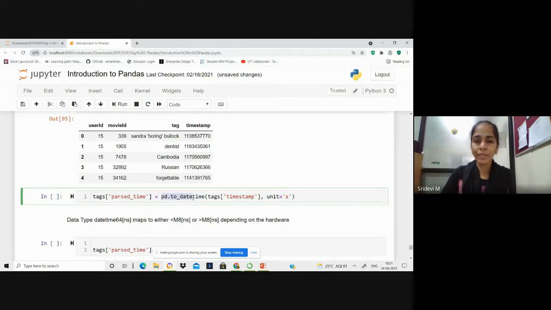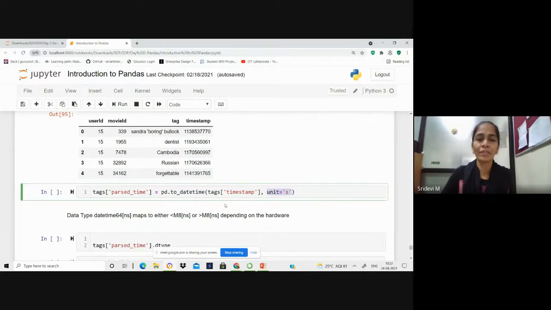So we are using the pd.to_datetime method, and we are applying this operation on the values under the timestamp column that belongs to the tags table, converting it into a valid date and time by giving the unit as a standard unit.